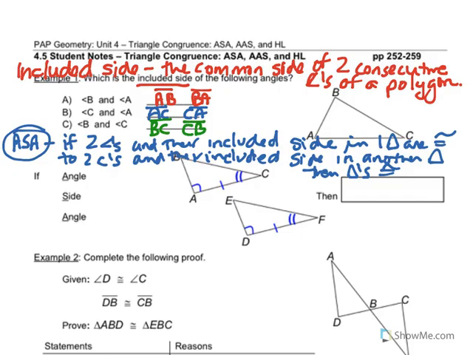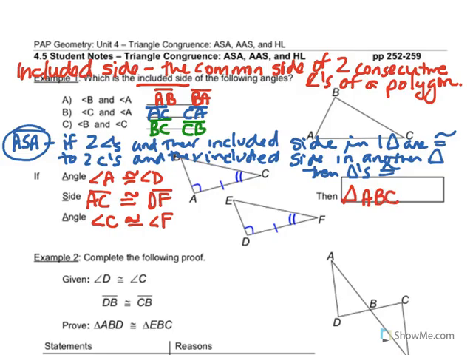Okay, so let's look at our drawing. We can say angle A is congruent with angle D, and if side AC is congruent with DF, and if angle C is congruent with angle F, then we can state that triangle